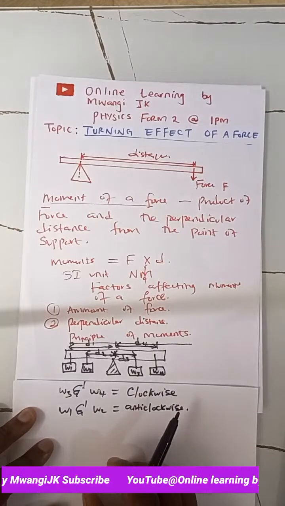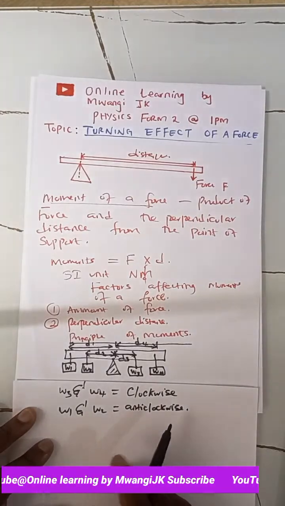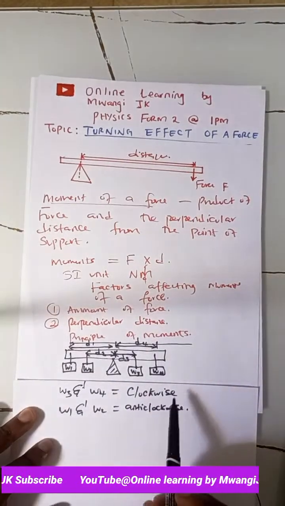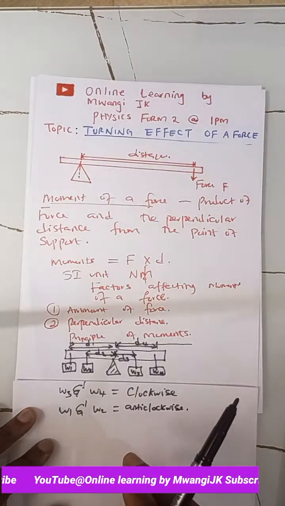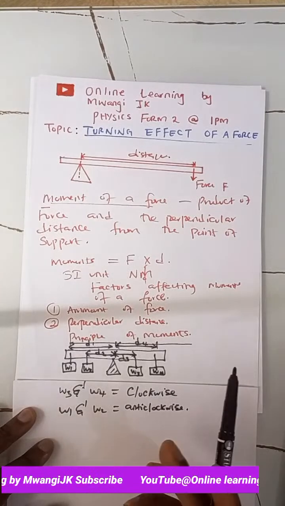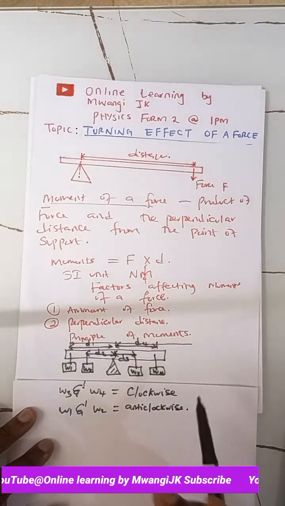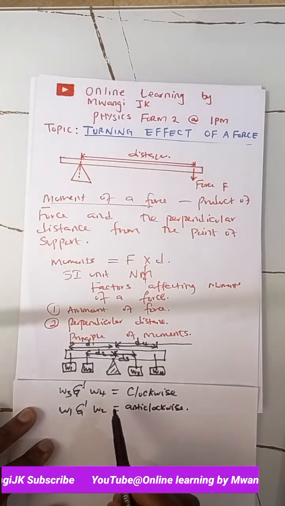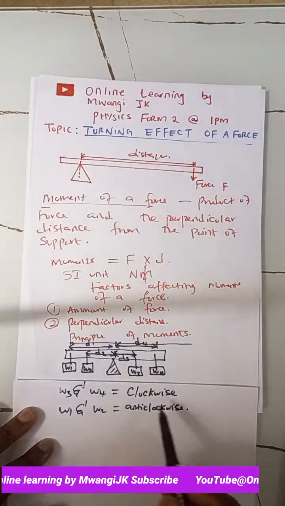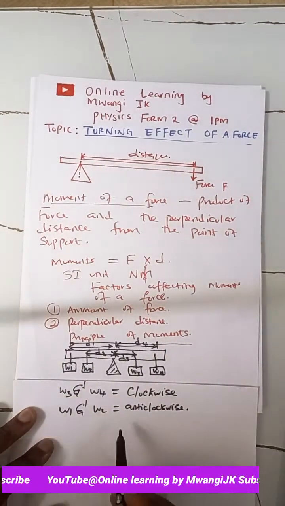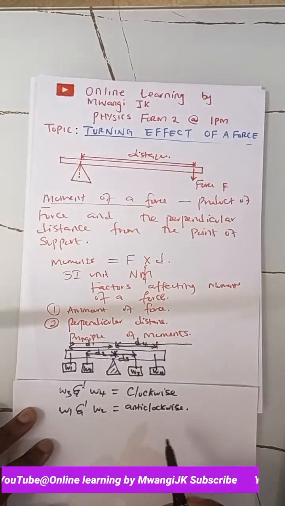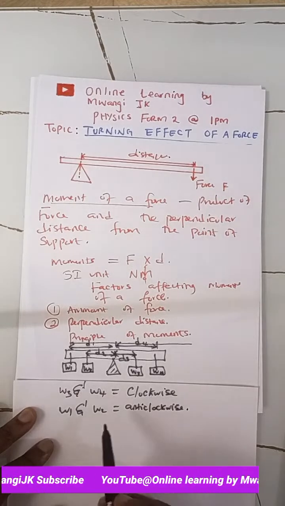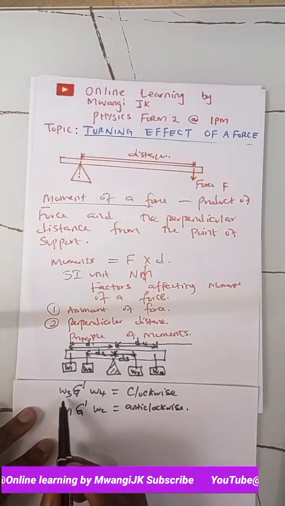It will be anti-clockwise. By that I mean, when we are taking this moment from the pivot, and this bar is at equilibrium, it means they are balancing. And that is when we bring this into conclusion and say the sum of the clockwise moments and the anti-clockwise moments are equal. And by this I mean, if you are to take individual moments, we'll take the moment